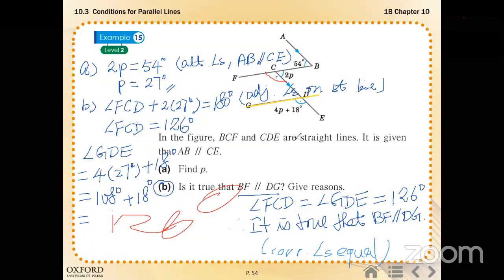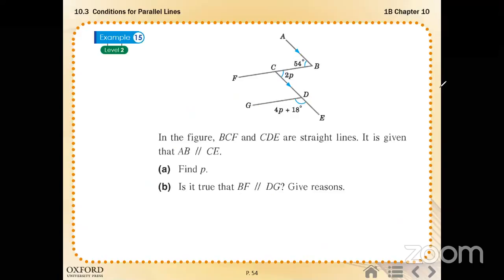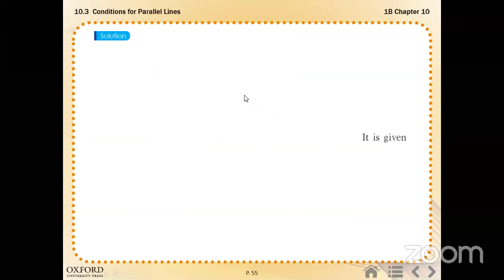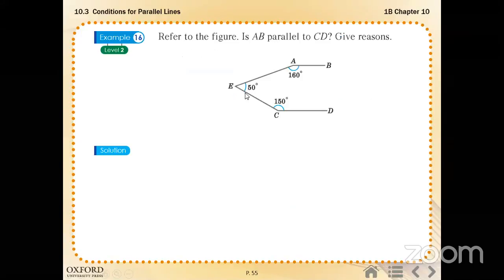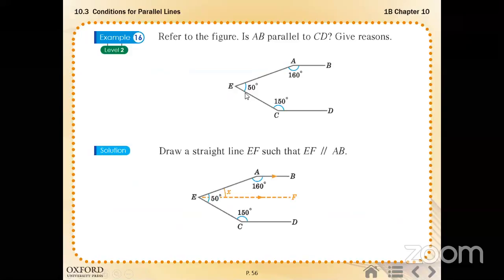No problem for this one, example 15. Then we can just look at more examples. We have done this part already. Now this example just shows you we may need some other help before we can solve